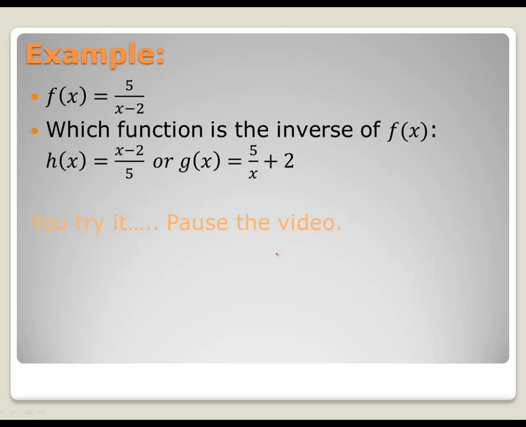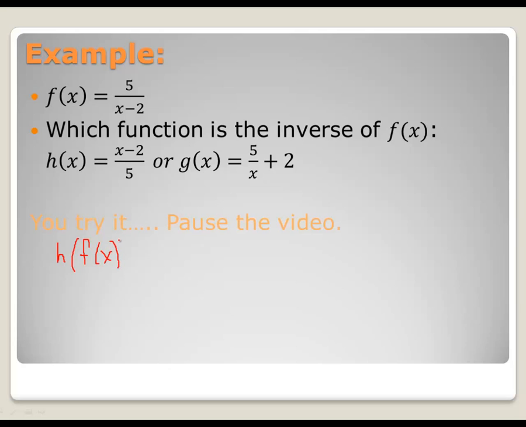So how about you try it? Go ahead and pause the video and work it out for yourself, and then afterwards I will give you the answer. So we're taking, just to clarify, we're going to take each one of these and plug it in for x, as well as taking this and plugging it in for the x of h. So you would want to do h of f of